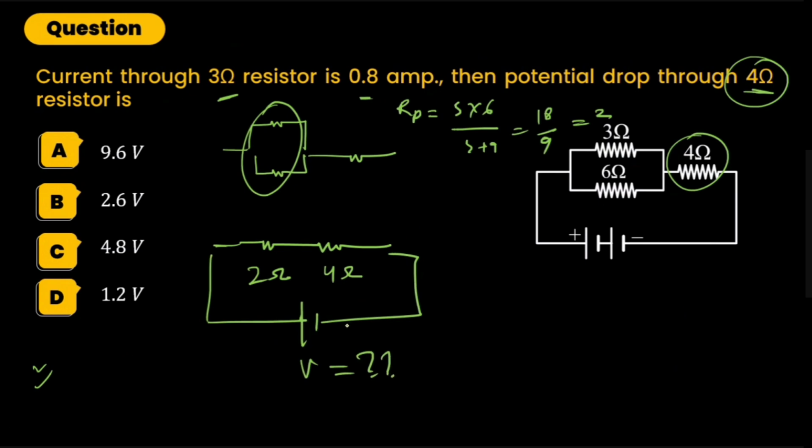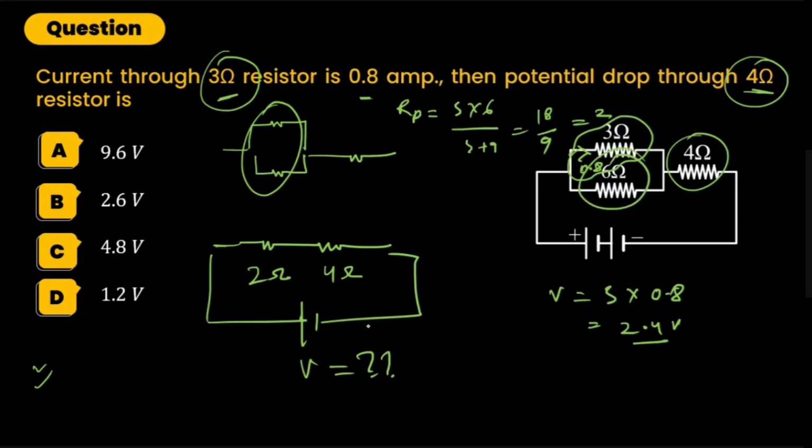And we are given that the current flowing through the 3 ohm resistor is 0.8. We just saw in the previous question that if we have the current of the wire and the resistor, we can find the potential, which is 3 into 0.8, which is 2.4 volt. So 2.4 volt must be across the 6 ohm resistor. So 2.4 must equal 6 into I2. From here we'll get the value of I2,